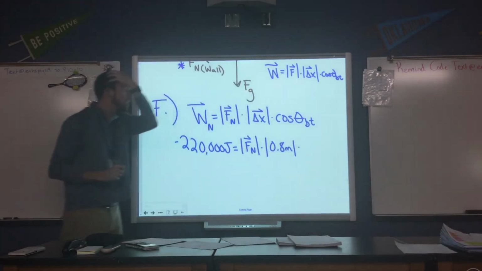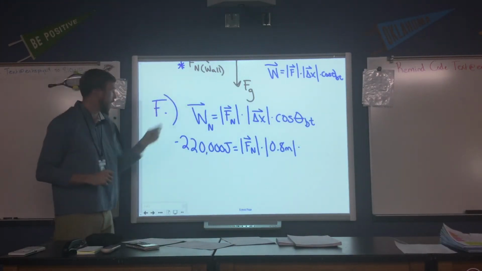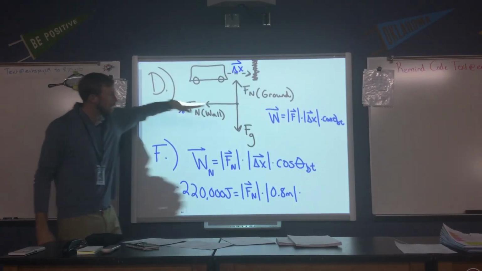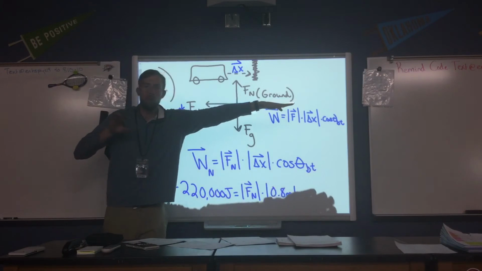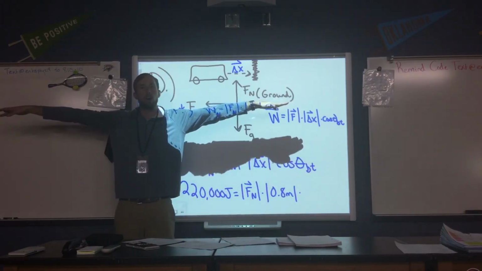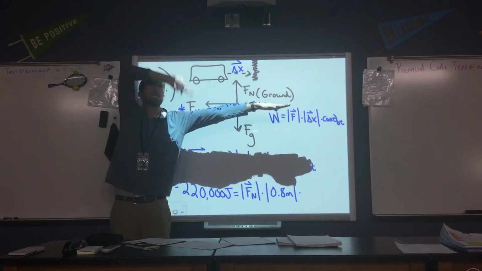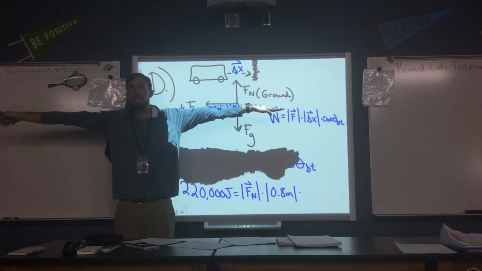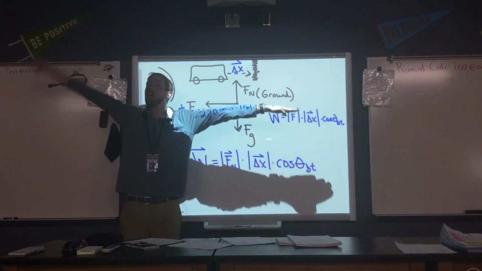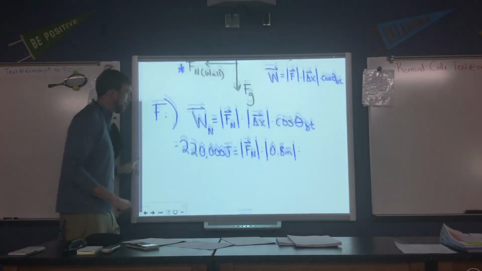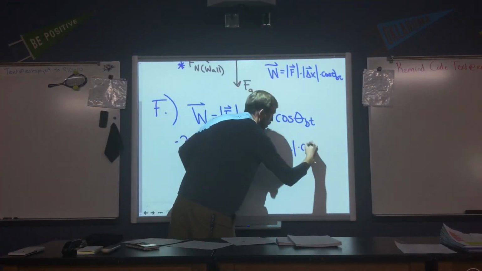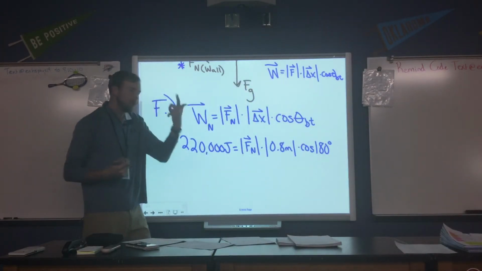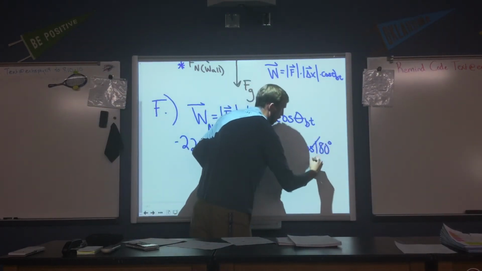Now the angle between these two vectors, the force and the displacement. Think about what's going on in our scenario. The car is moving into the wall. The wall is pushing back on the car. What is the angle between those two vectors? From 0 to 180, the angle between those would be 180 degrees. So now I'll plug in cosine of 180. I know, just based on the fact that we've done this a few times, that's going to be a value